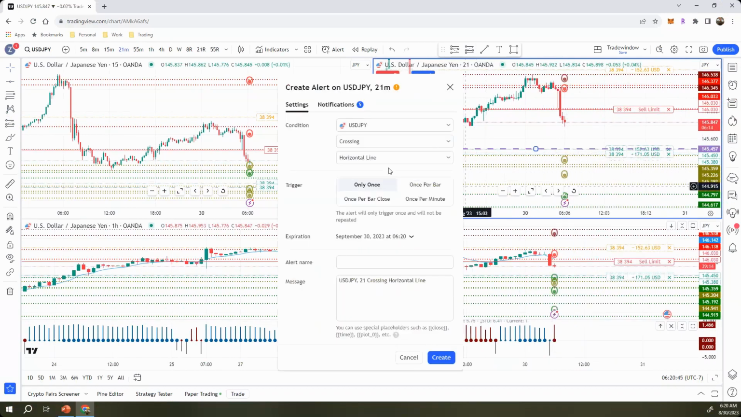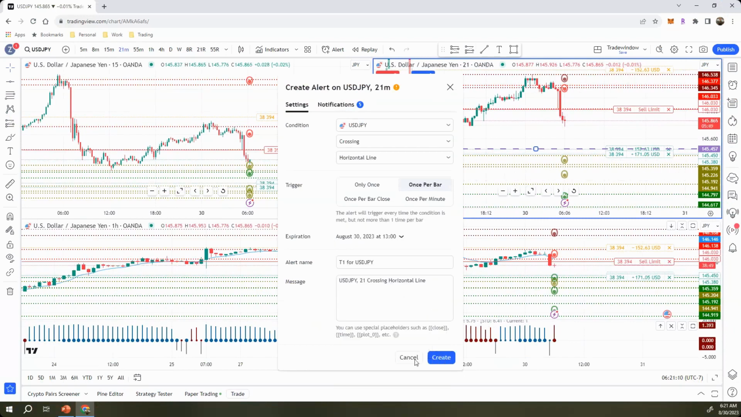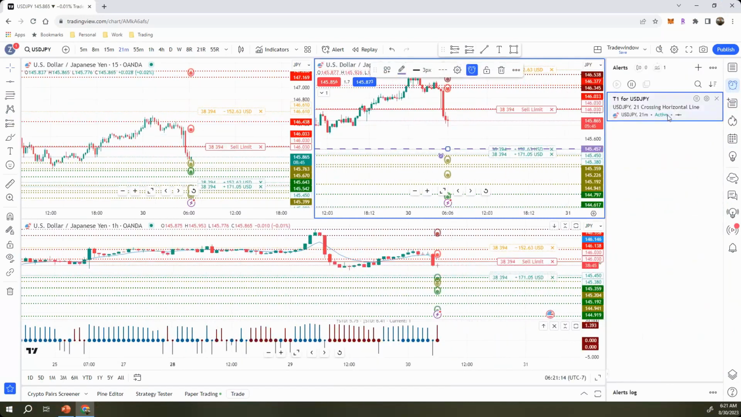And then I'm just going to add an alert on it. Anytime it touches it, I just wanted to say T1 for USD JPY. All right, and that's going to expire. I'm going to put it August 30th at 1 o'clock. It's really important to keep these things, just because on TradingView,